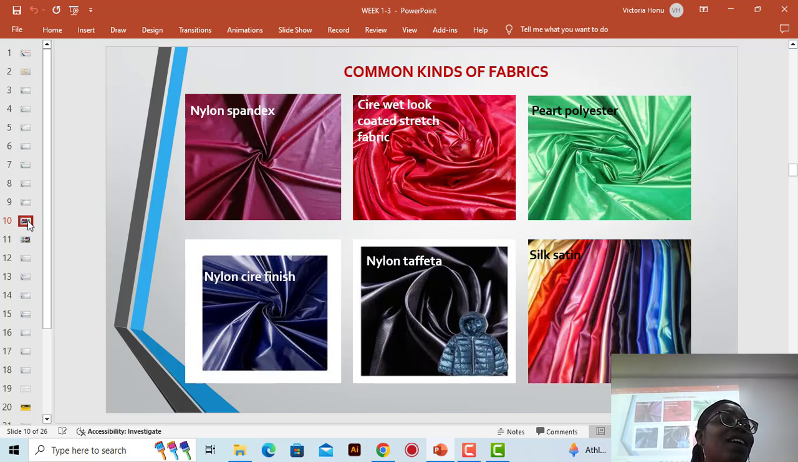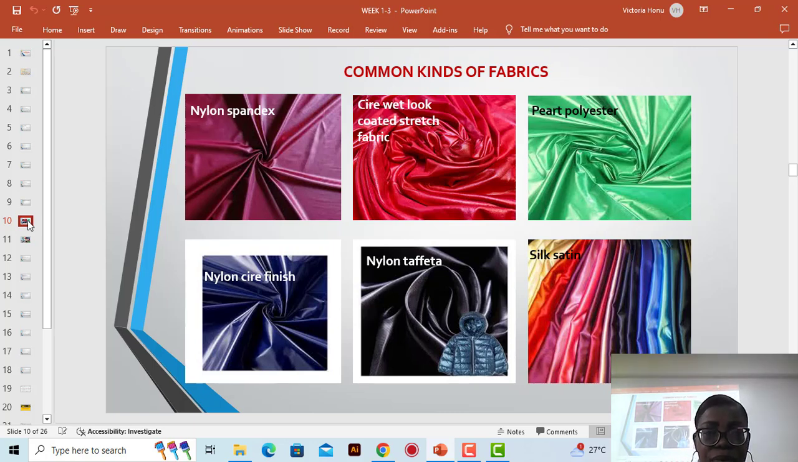So we have common kinds of fabrics. You can see the nylon spandex. Most of these pictures are clear. If the thing is stretchy, you can see that it is stretchy. But it is better when you feel it. When you go to the fabric shops, you'll be able to feel some of these. Some of them we have used over time, so you know how it feels. So let's look at the first one, which is the nylon